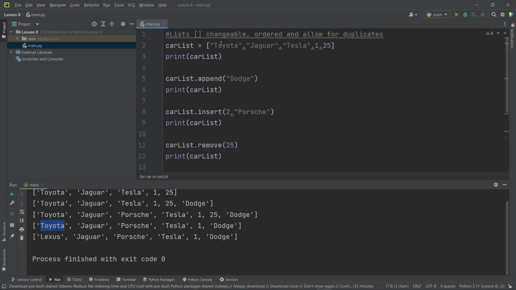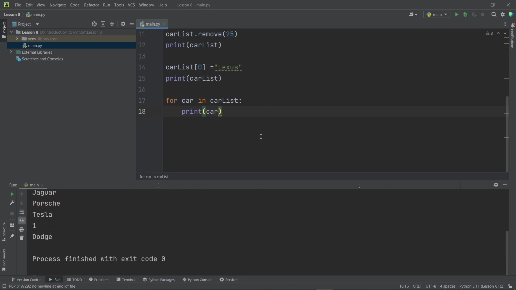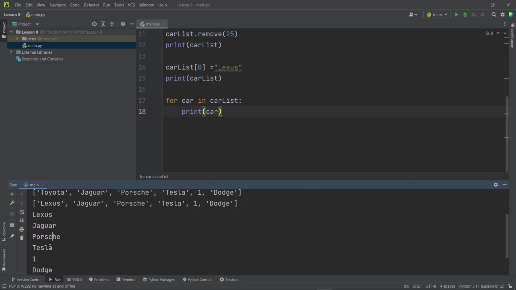So as we iterate through each instance of the data items inside of our list, we'll just add it from our car list into car, and we'll print out the value of car in the given cycle or iteration of our loop. So let's run this, and you'll see that I managed to print out every single value inside of